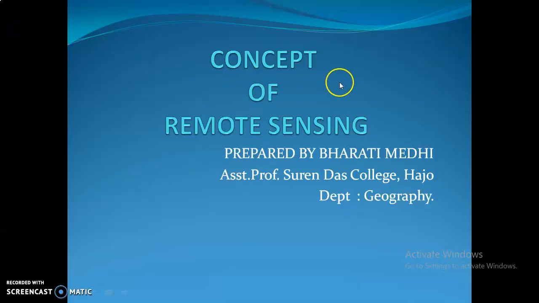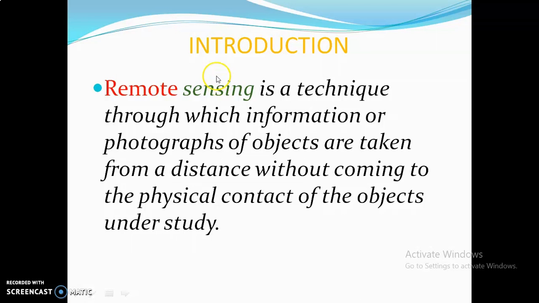So dear students, today we are going to discuss the concept of remote sensing. Introduction. Remote sensing is a technique through which information or photographs of objects are taken from a distance without coming into physical contact with the objects under study. So it is a technique of taking photographs of objects from a greater distance without coming into physical contact with the